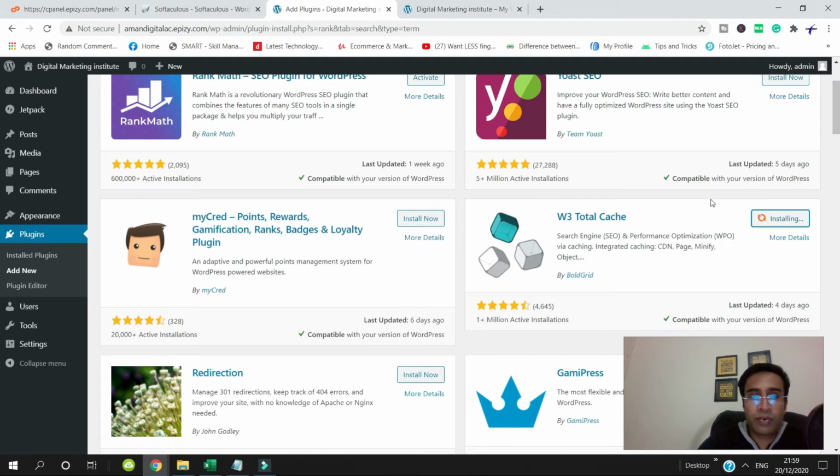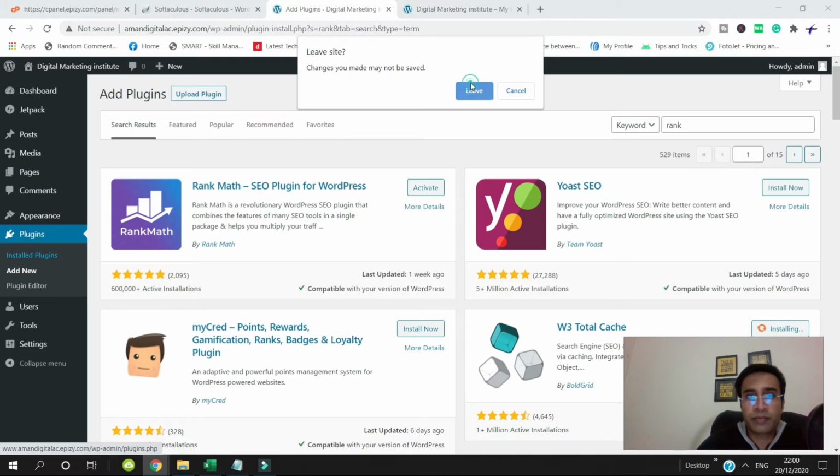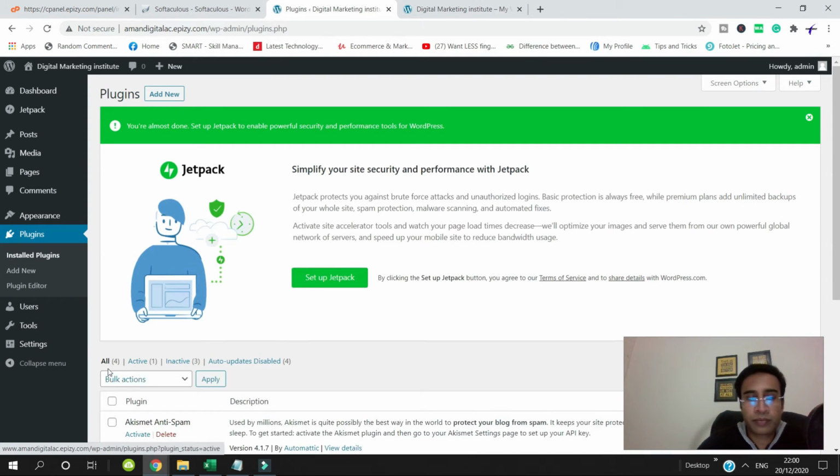So these are the 4 plugins you have to install. First, W3 Total Cache. Second is Rank Math. Third is Jetpack, which we have introduced, and fourth we have installed for anti-spam, Akismet. So these are the 4 plugins you have to install.